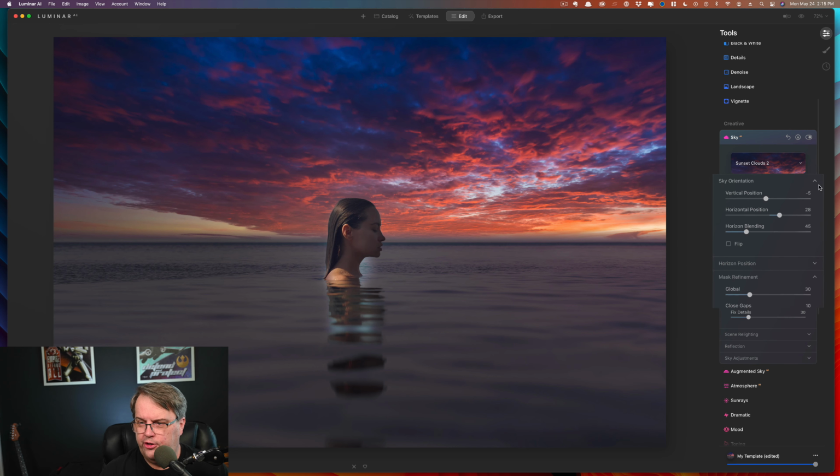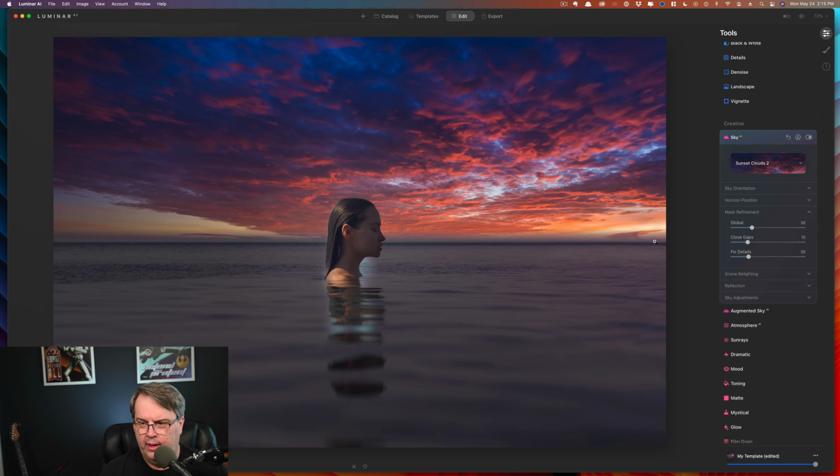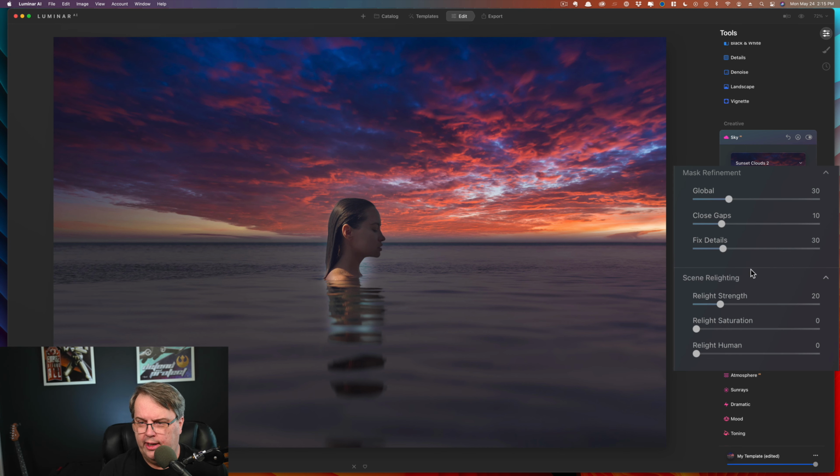Now, the place that I want to get to deal with some of this issue right here is with the combination of mask refinement and also scene relighting. Sometimes a masking problem is actually a relighting problem, but you can go over here and click on Fix Details. Global will be the global adjustment for these tools beneath it. You can close the gaps down, but that's not what's really going on over here. So I'll move that up and you'll see that it doesn't really take that away. What you want to do is change the scene relighting if you have a human in here, and you can change the saturation, but really what we're looking at is relight human,